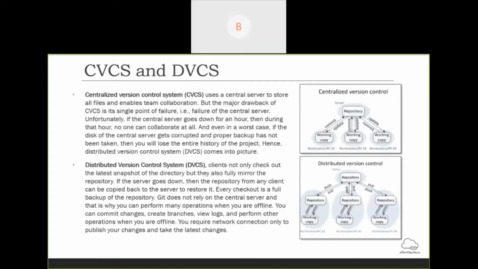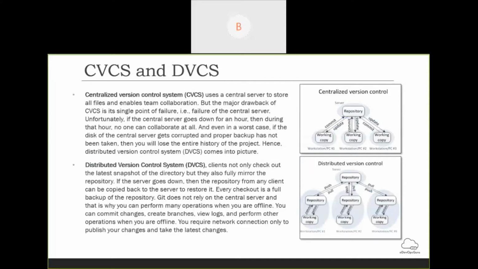and they can do their updates and changes, whatever they want to do, and then the same thing will be pushed into the remote repository. But the only drawback is the single point of failure. If your central server unfortunately fails or goes down, then all the developers cannot work collaboratively at that time, because it is completely dependent on your network and internet connectivity with the central server system.